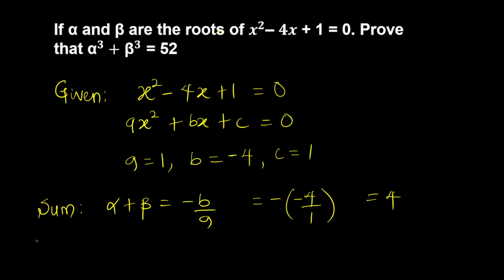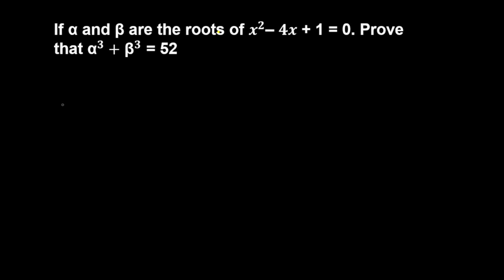Our product, which is same thing as alpha times beta, is equal to c over a. We have that our c, which is our constant term, is 1, and our a, the coefficient of x squared, is 1. Our product is equal to 1. Hence, we have our sum of roots to be 4 and our product to be 1. So, we are to find alpha cube plus beta cube, which is